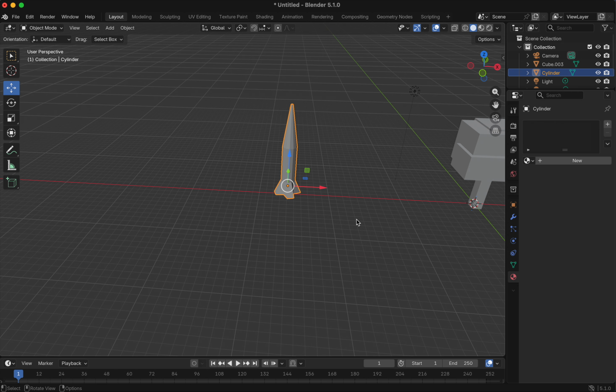Keyframe animation takes a lot of the work away from us as animators. It by no means makes animation a simple thing, it's still quite complex, but it does make things much more straightforward for us. The first thing that I need to do is open up my